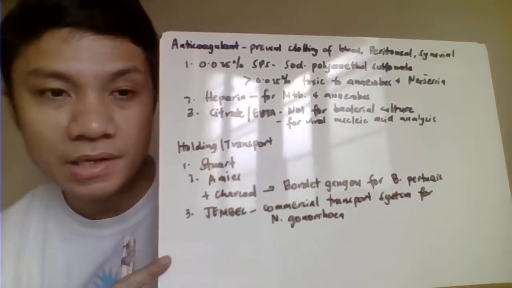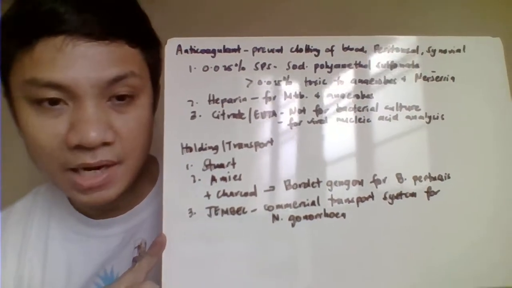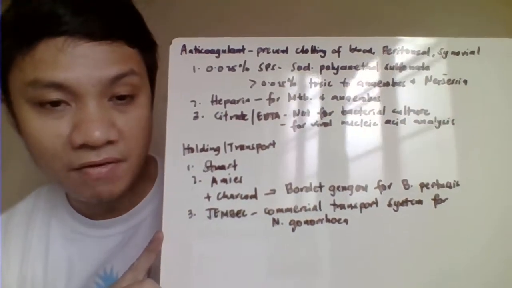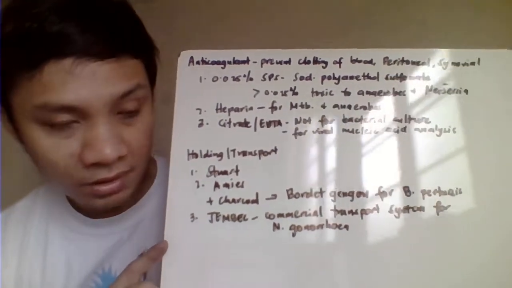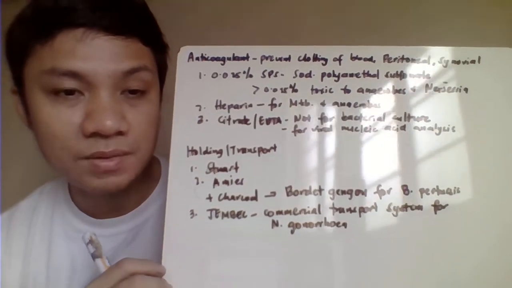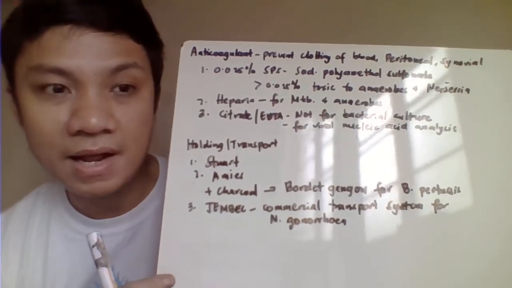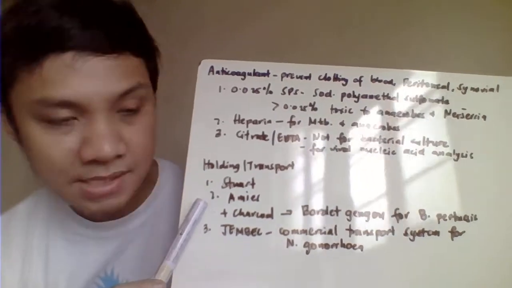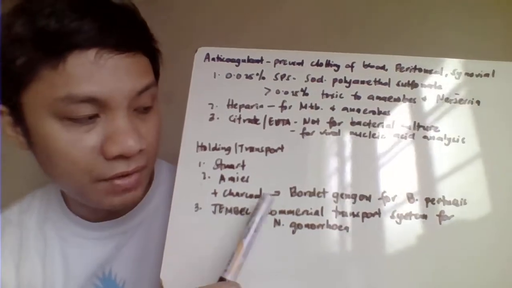Then we have here the holding transport media. They serve as a temporary transport media where you can inoculate your specimen at the bedside. But upon receipt in the laboratory, you still need to inoculate your specimen from this media to your general isolation media or selective media. So we have the Stuart, we have your Amies. Sometimes you could have them incorporated with charcoal. An example with charcoal is the culture media